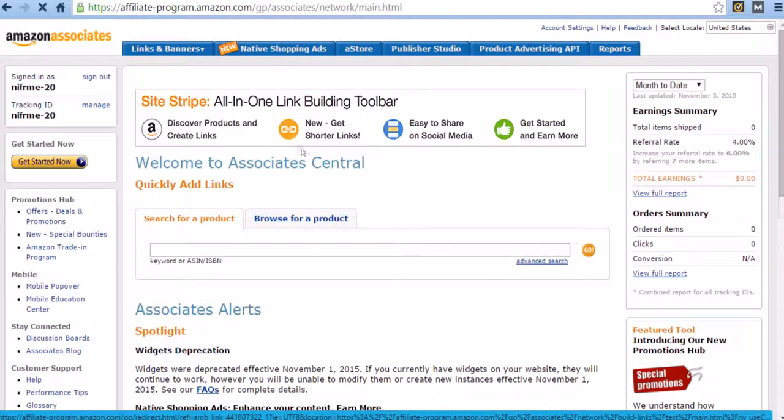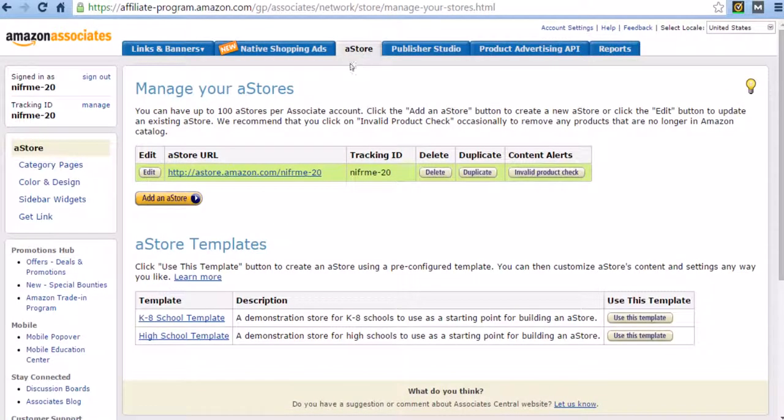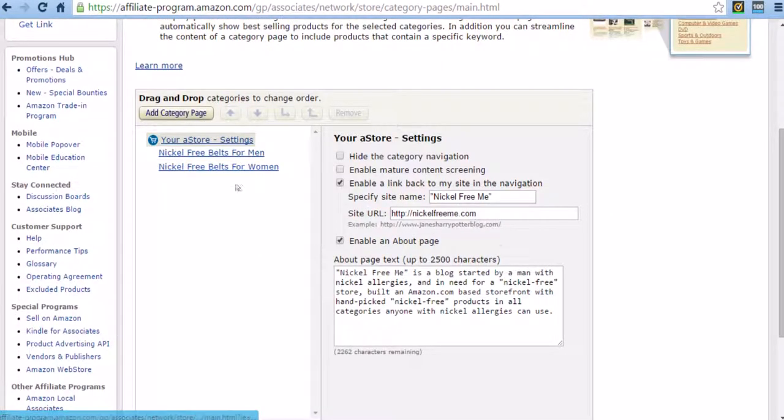and I already went ahead and built one of these. But what you can do is come up here and you click on A Store, and then this right here is one that I already started working on, so I'm gonna go ahead and keep working on that. But you can hit create new or add, and then you just click on add a category, and what this does is it literally starts building up a store for you. So I'm gonna just hit add new category,